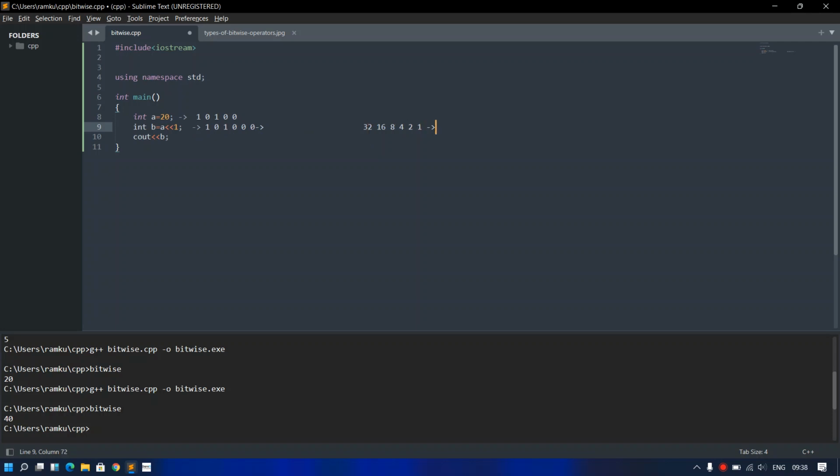What is 32 plus 8? It is equal to 40. Therefore it is outputting 40. So this is the use of the left shift operator.